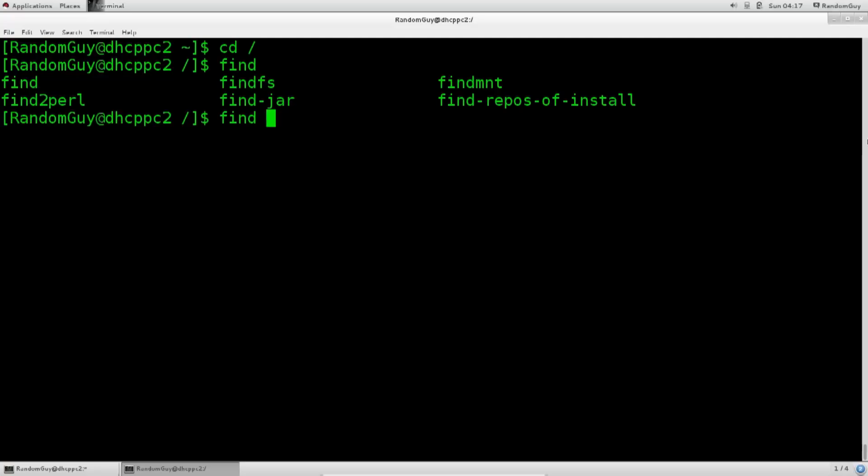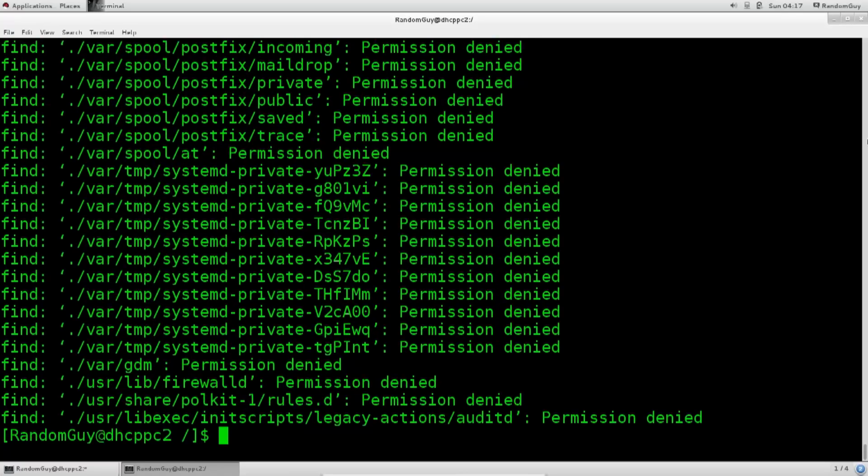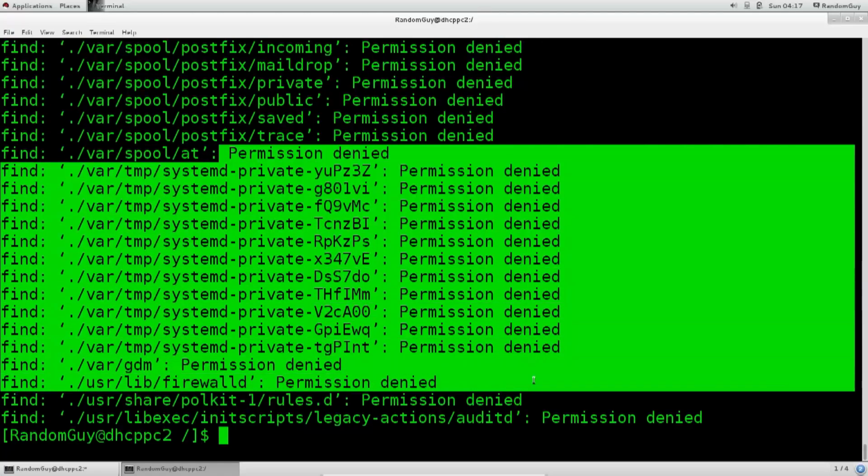and type in find, we're going to get a ton load of error messages. Dash i, or just name. Type in whatever you want here. You can literally smash your keyboard. Excellent. So we have gotten a ton load of permission denied messages, and I don't think this is gonna be